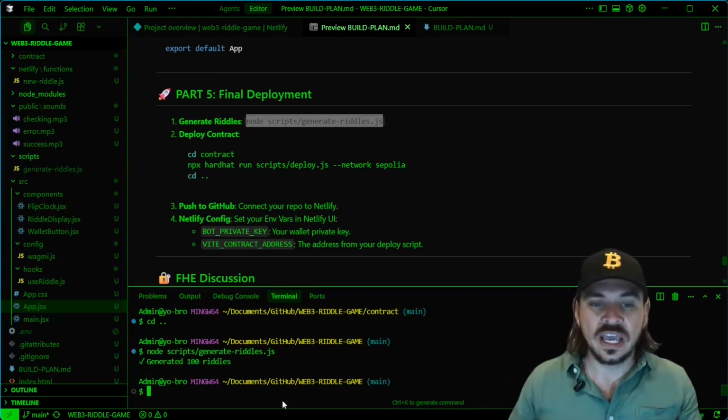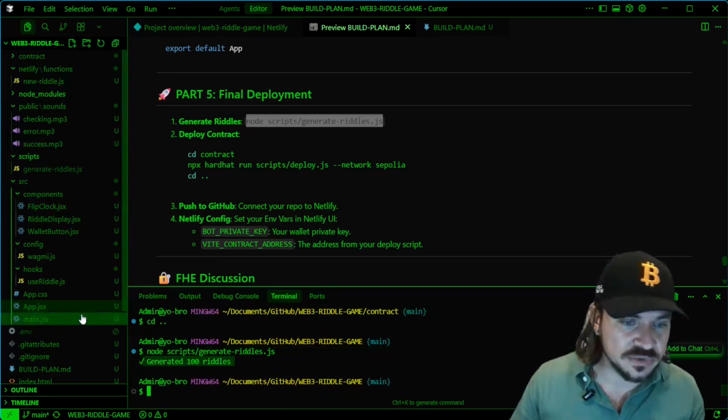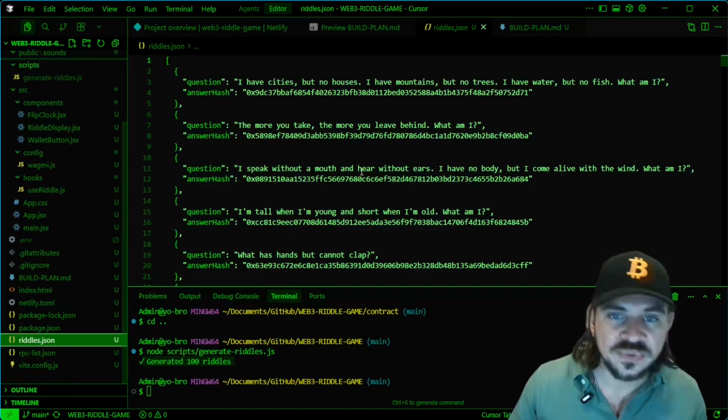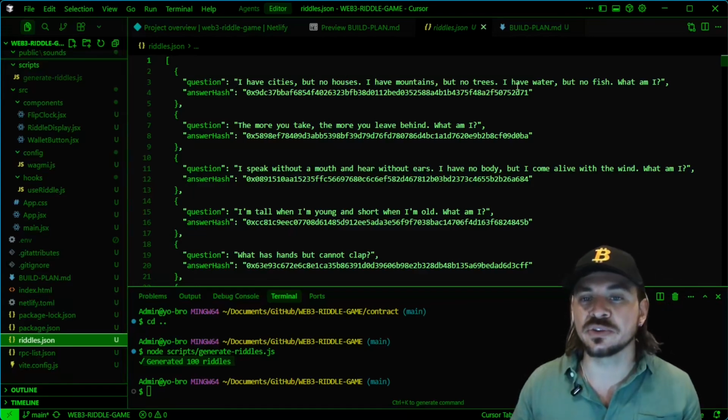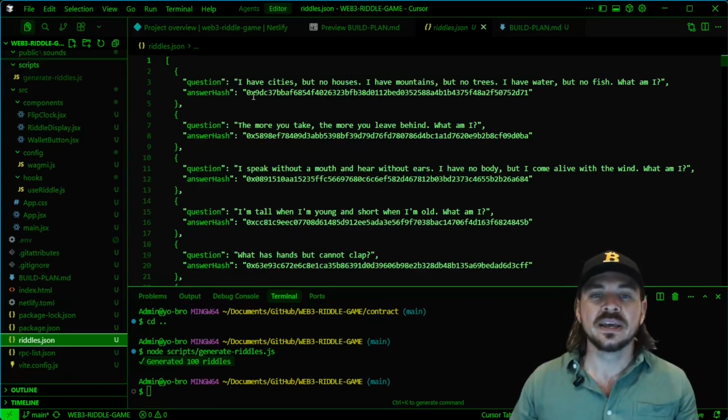This is not good. Well, you can see here it says generated 100 riddles, and that is right here. You can see the same question. I have cities, but no houses. I have mountains, but no trees. I have water, but no fish. What am I? I am